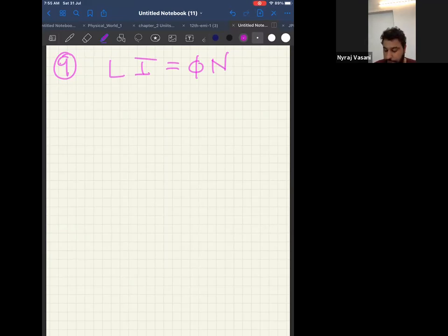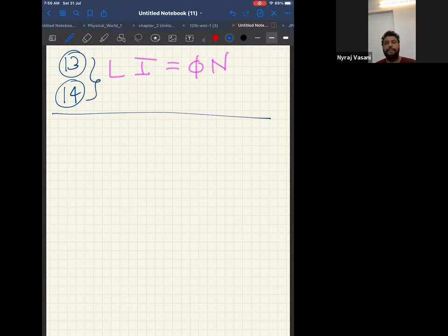Now, based on this particular formula, try to solve question number 13 and question number 14. Both are based on the same formula. I'll give you some time. Try both and give me the answers as and when you're getting them, okay? The clue I have given: you have to use the same formula. Start question number 13 and question number 14.